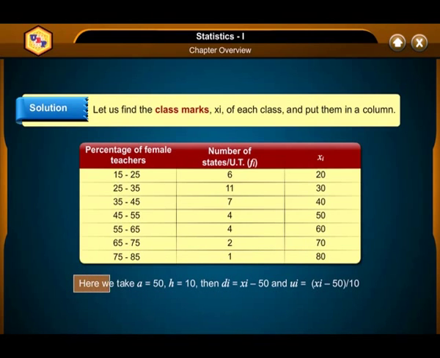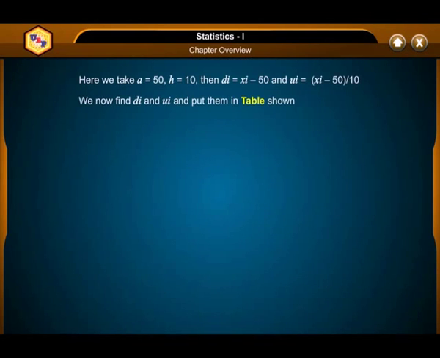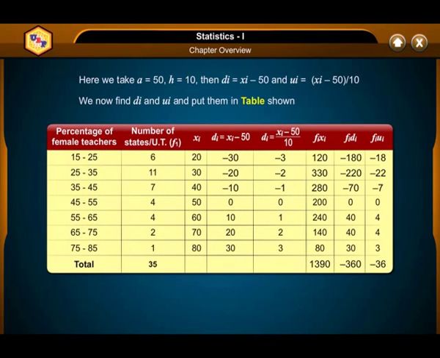Here we take a equal to 50, h equal to 10, then di is equal to xi minus 50 and ui is equal to xi minus 50 upon 10. We now find di and ui and put them in the table shown. Percentage of female teachers, number of states fi, xi, di equal to xi minus 50, ui equal to xi minus 50 upon 10,